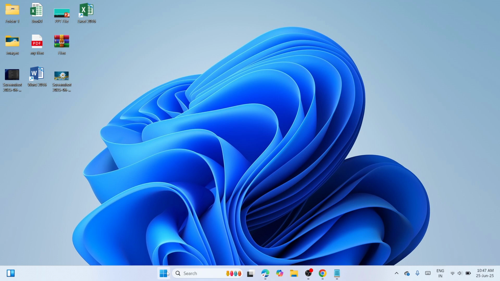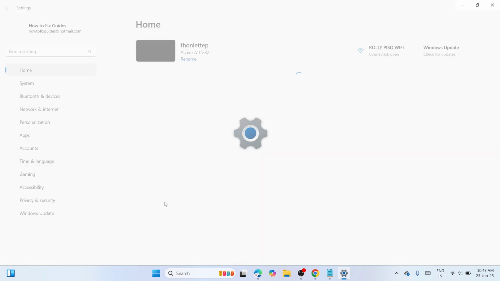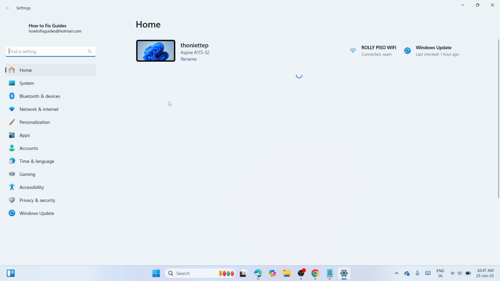How we can do that: at the start, make a right click, scroll up and click on the settings. You can also press Windows key and I key together on your keyboard, and that way you'd be able to bring up the settings window. Here at the settings, you need to navigate to the left pane, locate an option called System, click on it,